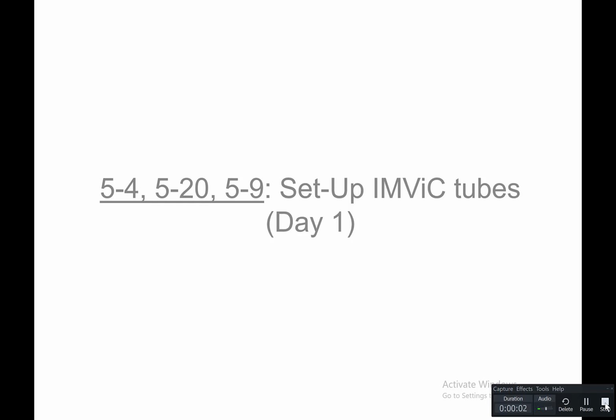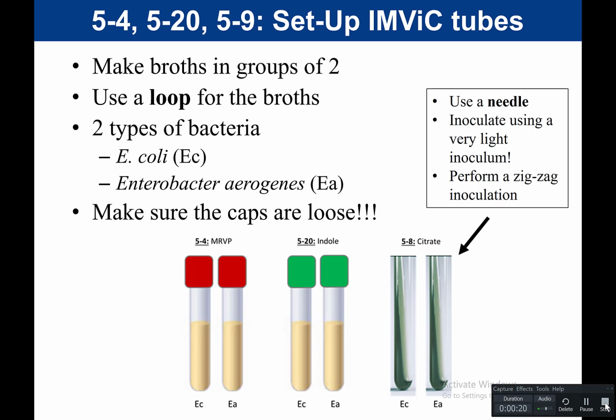So in this experiment, we're going to look at the IMViC, and this would be activity 5-4, 5-20, and 5-9. We're going to start out talking about day one and how we would set up this experiment first. So what we would do is, in groups of two, in pairs,